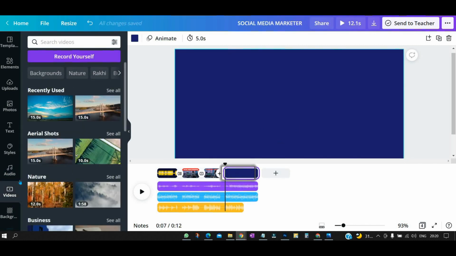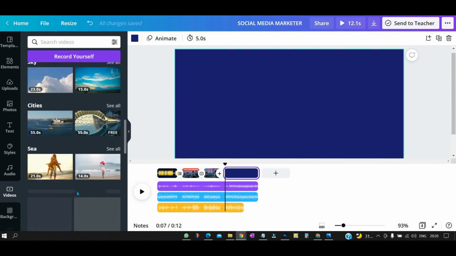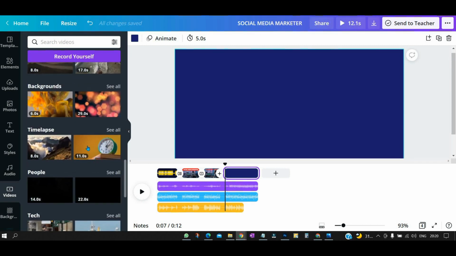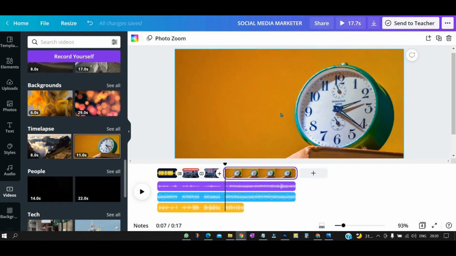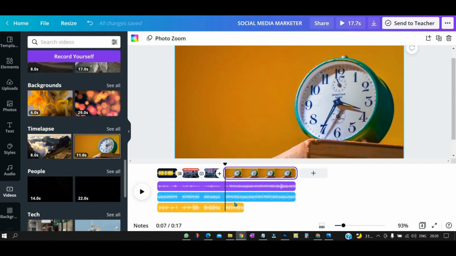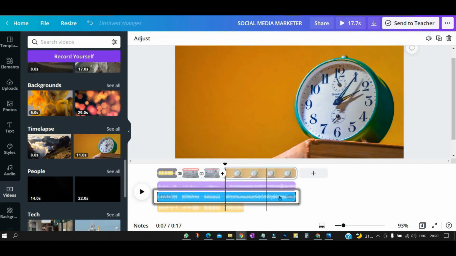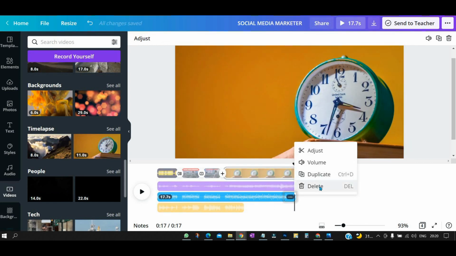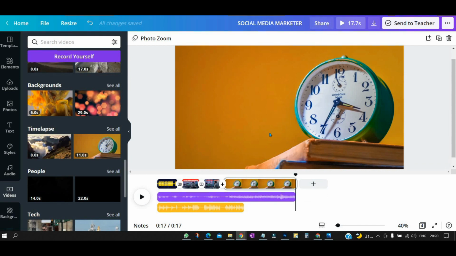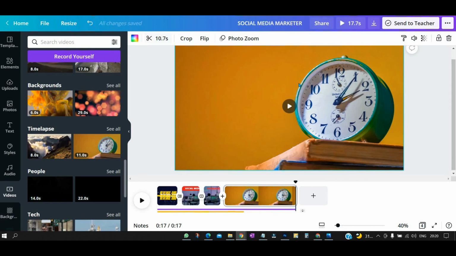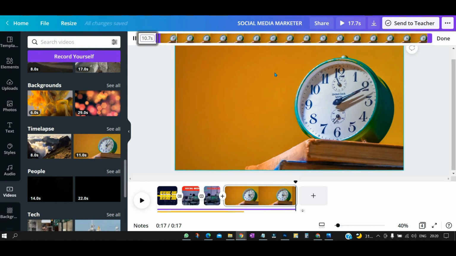Suppose let me select one more template, and there are plenty of videos that are already available that you can use. If I select this video, just drag and drop it over here, or drag it to the timeline section, and it will automatically fit to the background. So right now let me delete this audio and this one. Okay, I have added this video, and you can see this is a 10-second long video, so I don't want it this long, I want to trim this video.